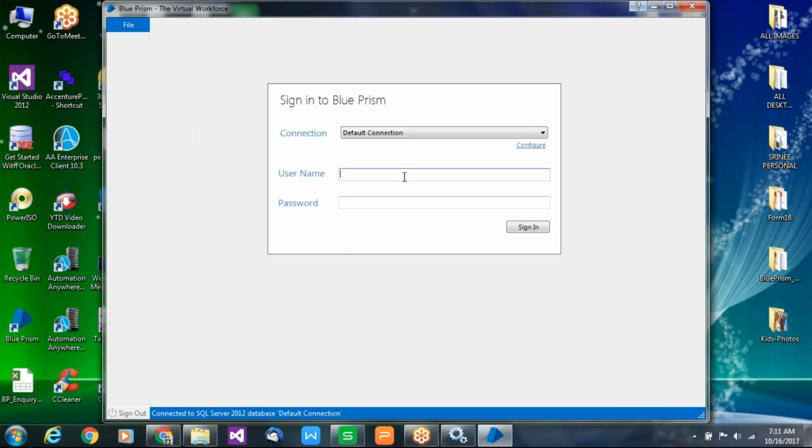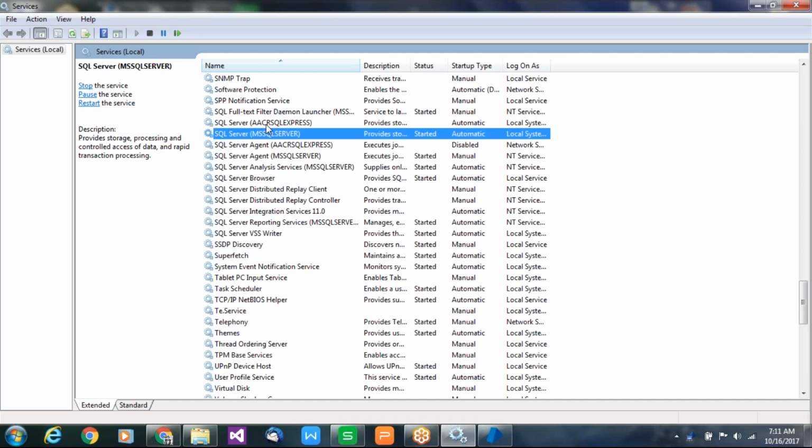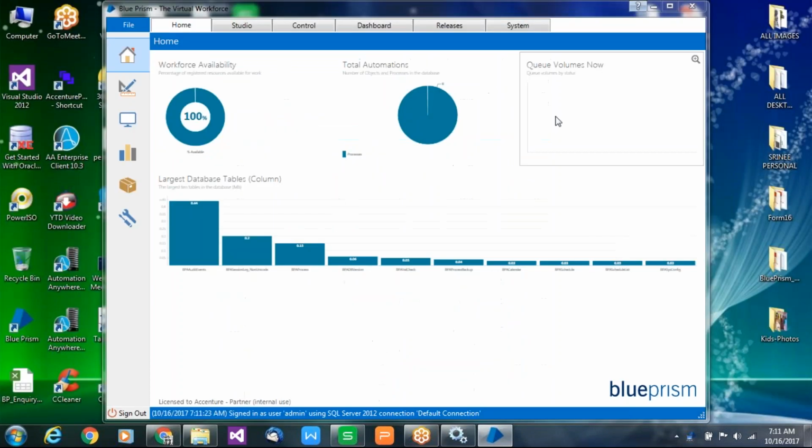Yeah, now it is working. The thing is you have to stop and start again. The same session of the window won't work, that I have observed just now. SQL server, we have to start it.